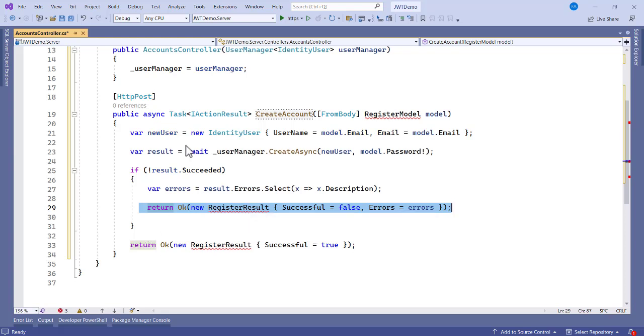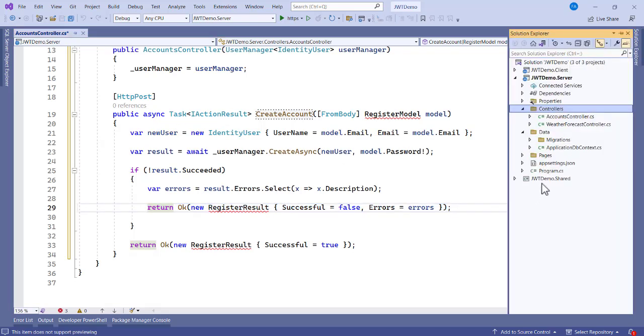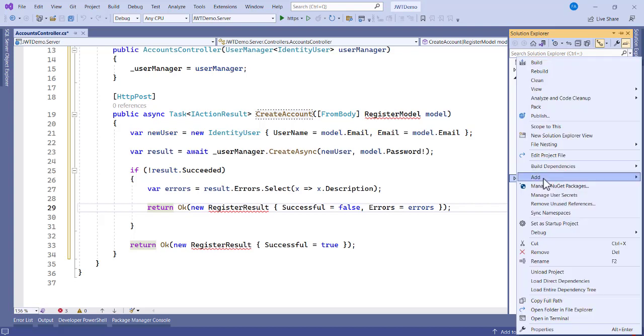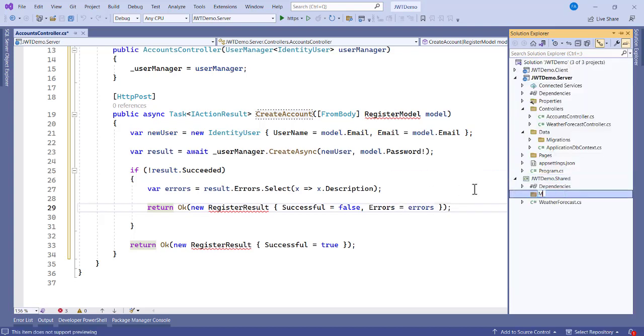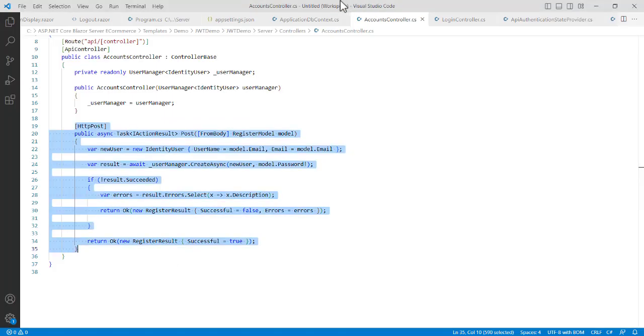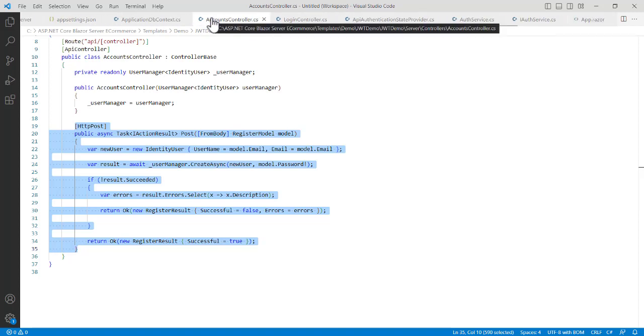Okay, so once you have this, let's get going and create that result. To do that, we have to create that in the shared folder. That's the shared project. So right click on the shared project, let's add a new folder as models. So here is models, and now with these models, let's go in there and create that. So we have to create register model first. The reason why we are creating those models in the shared project is shared means anything found within